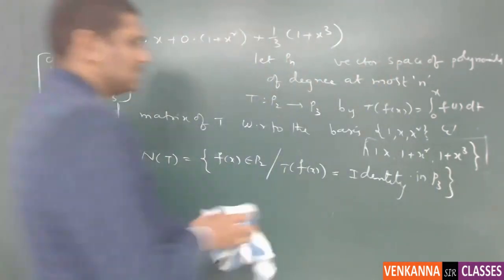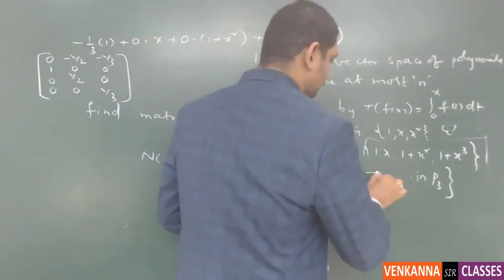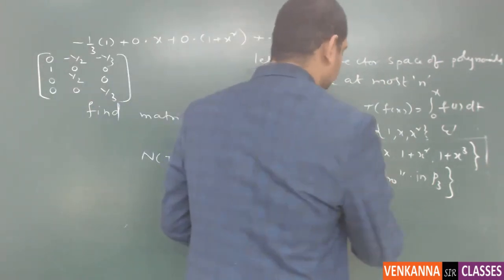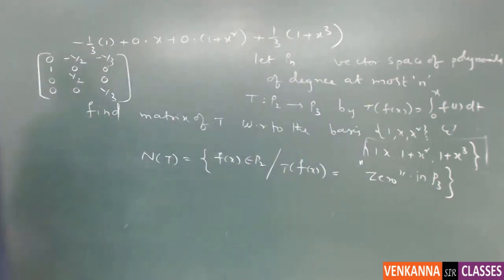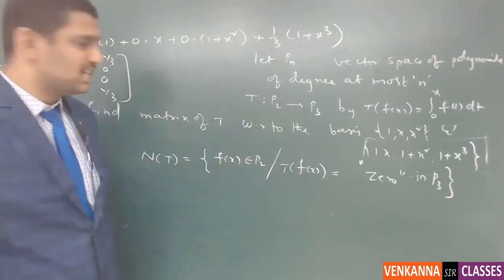Or here the thing is, this is the definition of N of T. We will consider the polynomials in the domain such that whose image is the 0 in P3. Here 0 means the 0 polynomial in P3. So if you consider that, since the function is defined as